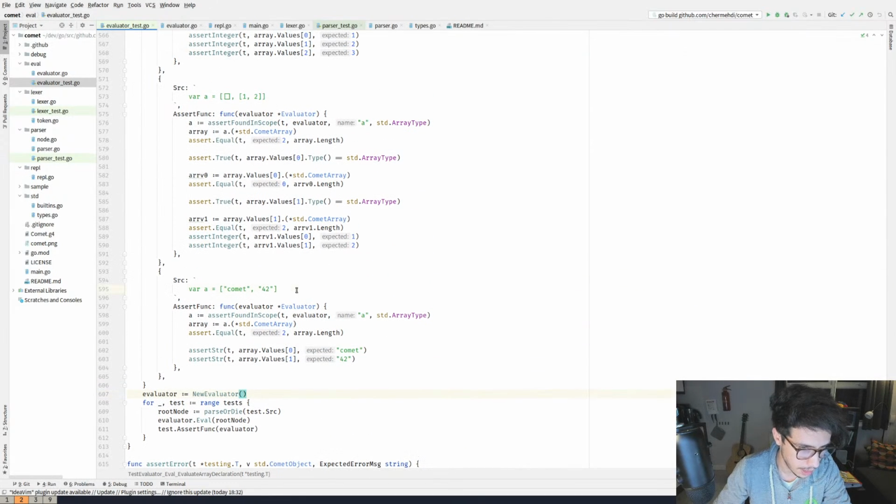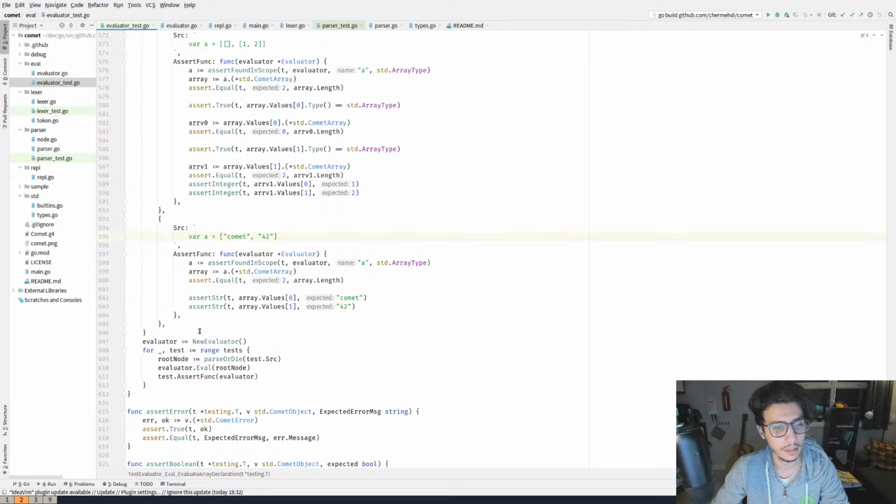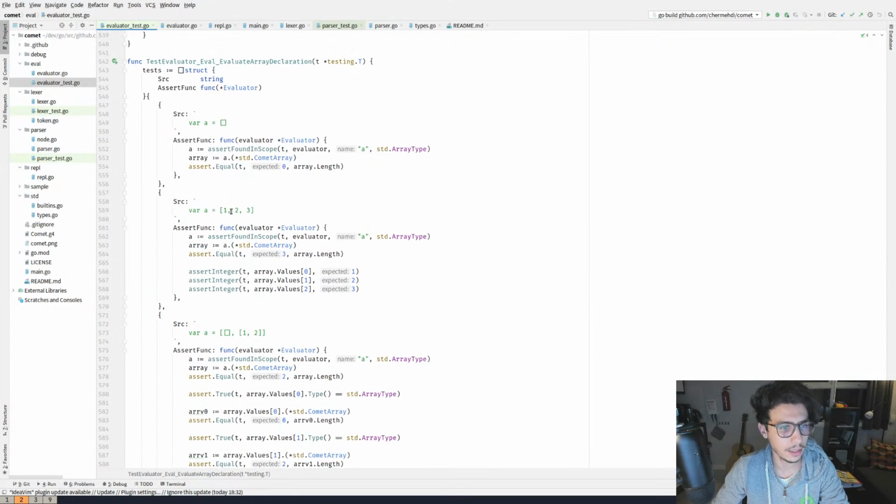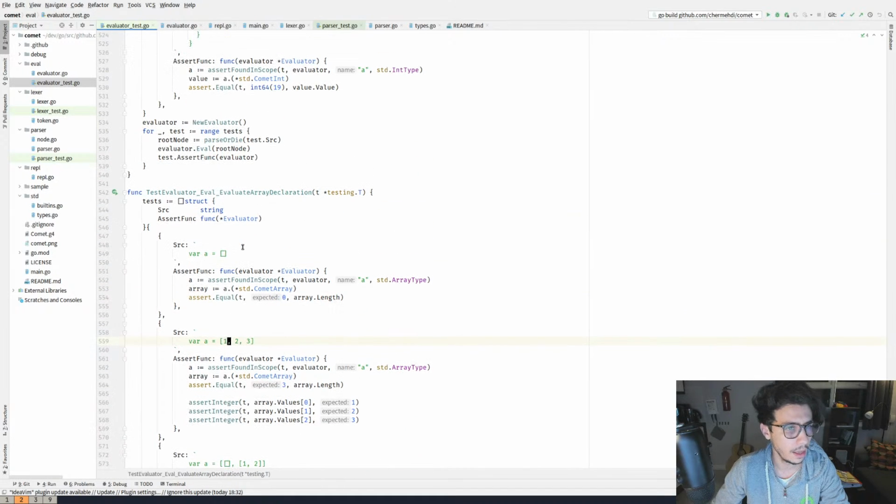This is the last thing that we had: a variable that can contain an array, and we can initialize the array with a bunch of values and make sure that it actually works. Arrays can be nested. That's cool.